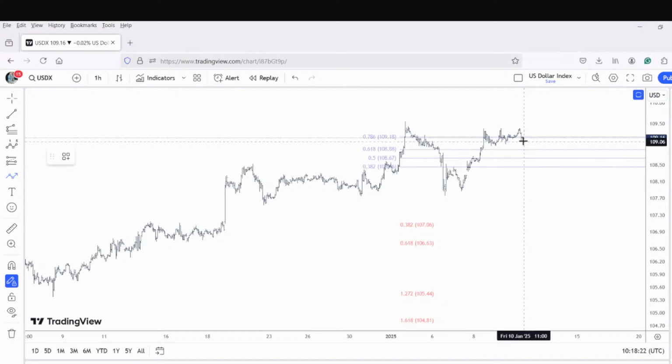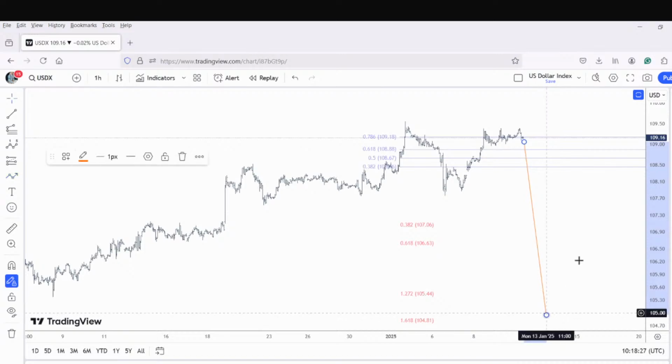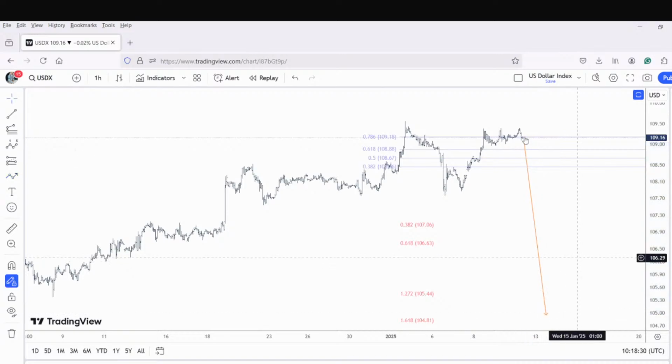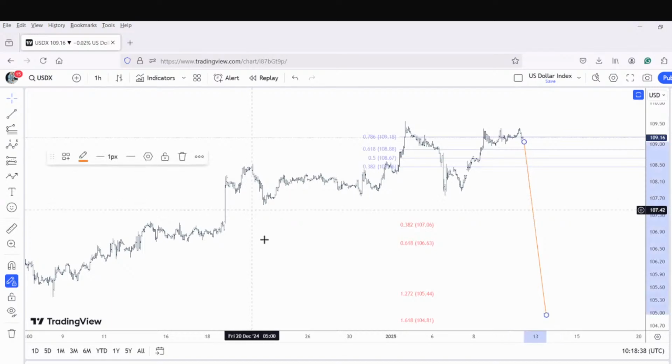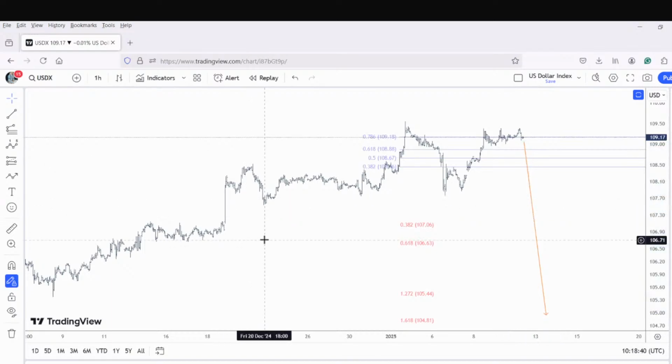Ideally, if the price action continues lower, it should go towards the third wave straight down there, or after hitting a new high, that would be the alternate count. All right. So we are short in the dollar index. Okay,